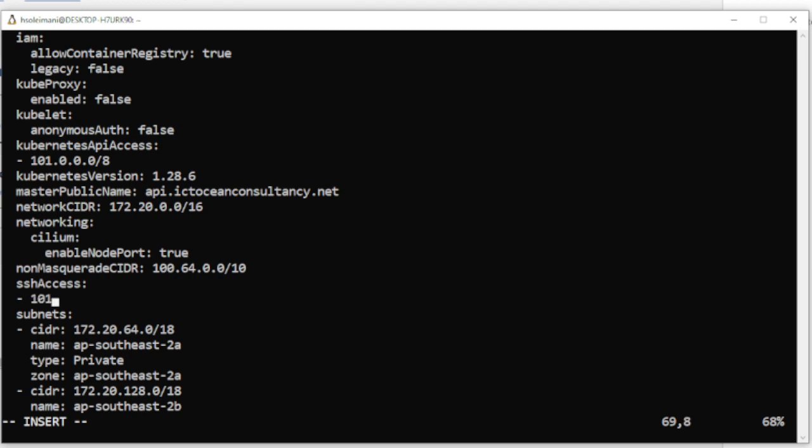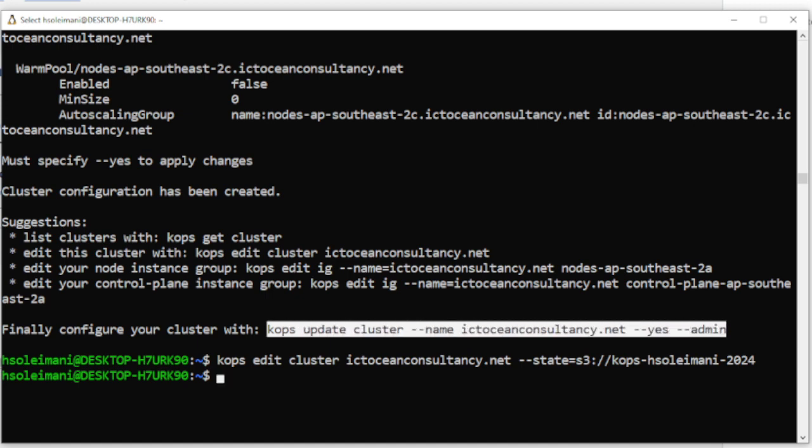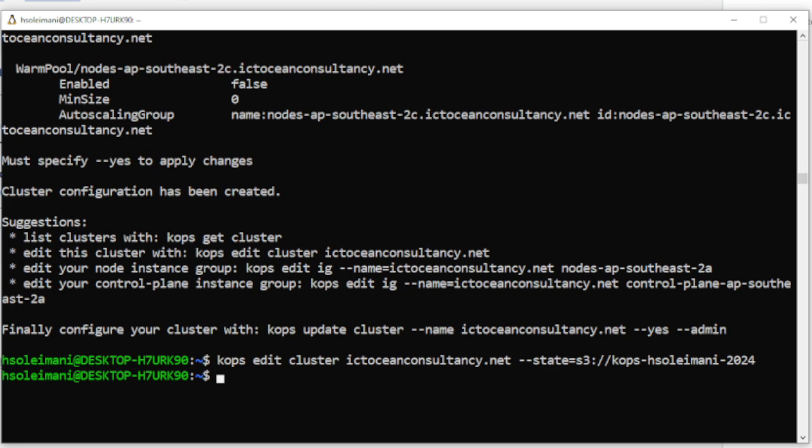Again, 101.000.008. Escape. All right. Here is the mention. What I like about Kops is it's very well documented. So if I run this update,